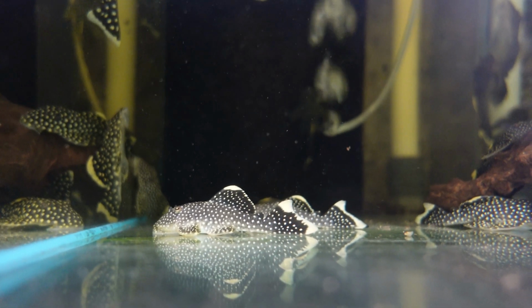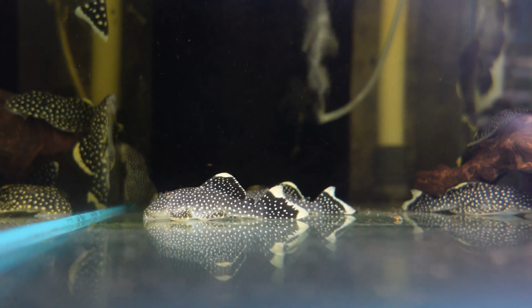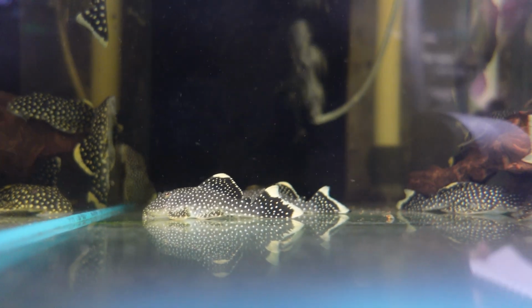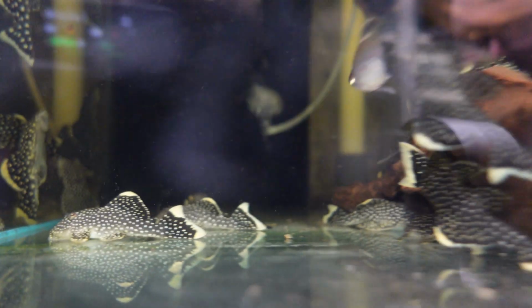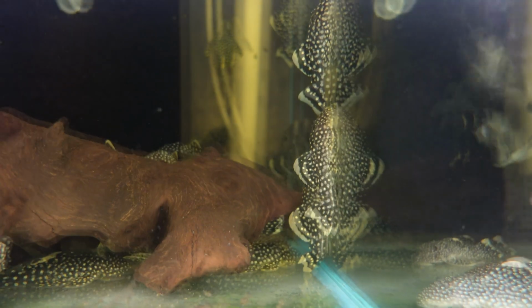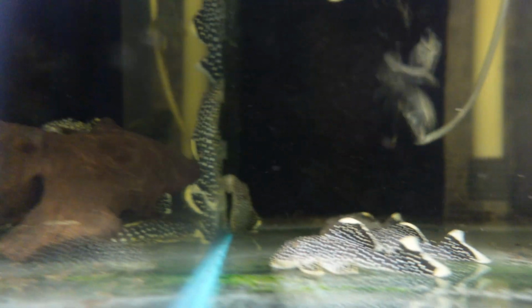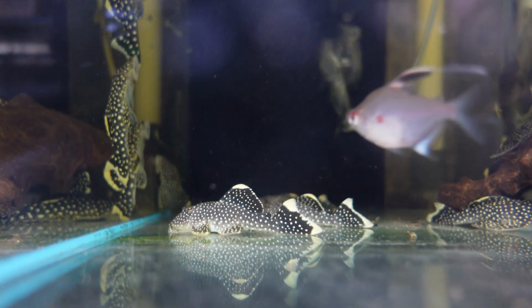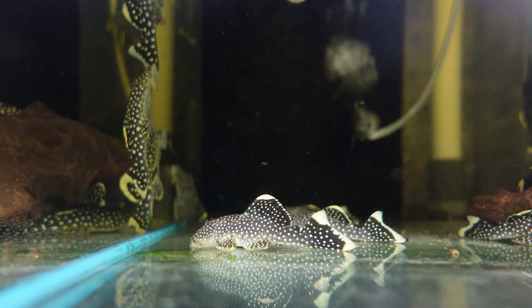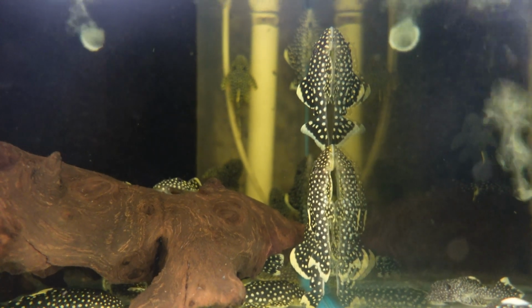Next up, Chris, and the final pleco on our tour is the golden nugget pleco. We actually stock three different varieties of golden nugget plecos, one being an L81, one being an L18 pleco, and the other one being an L177 pleco. The difference between each pleco is the L81 has smaller spots on its body, the L18 has bigger spots on its body, and the L177